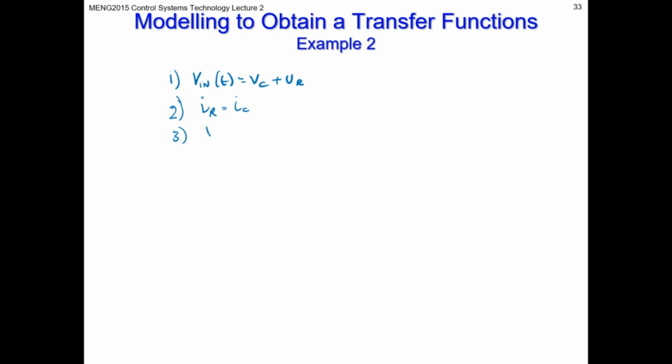Then using Ohm's law, the voltage across the resistor is the current through the resistor times the resistance. I also gave you the equation for the capacitor voltage, Vc equals 1 upon C integral of IC dt. Now here's the little trick. If we drop all those components into equation 1,